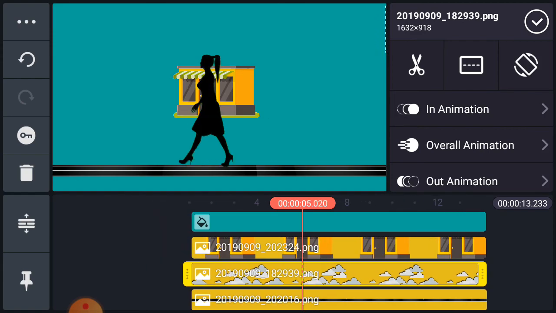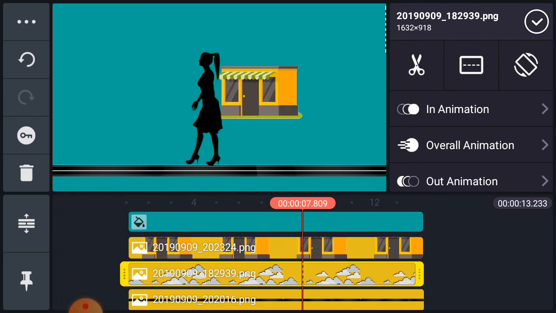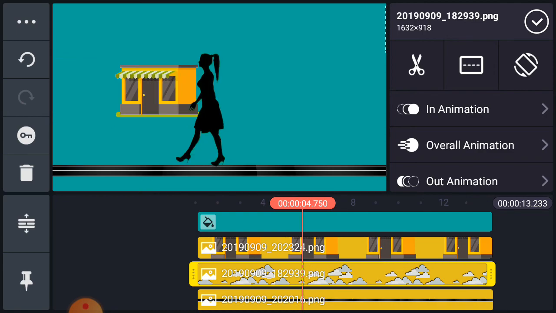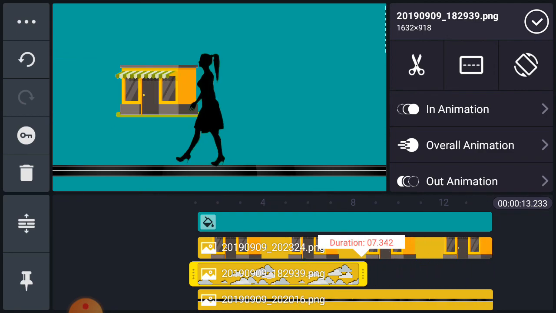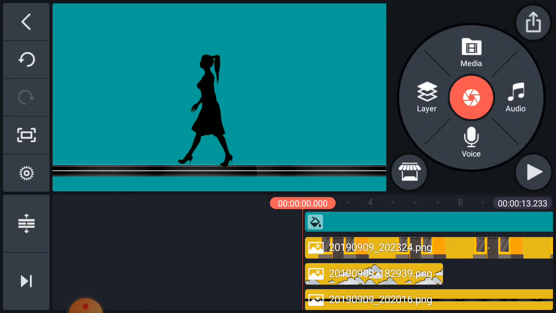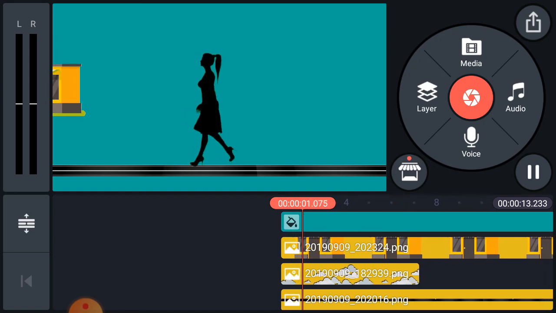Or you can do one more thing, you don't bring the clouds equal, you make it half, so it will look like the clouds coming and going. I play it now. See,